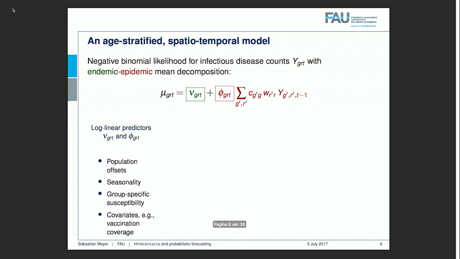So now for these components. There are these 2 log linear predictors. This is like in regression modeling. I can put covariates here. I can put population offsets, so where there's more population, there are more cases, naturally. I can put in seasonality, time effects, and group-specific intercepts, like to represent that the old people have a higher incidence, and so on. I can also include vaccination coverage to reflect that in regions where people tend to have a higher vaccination coverage, then there's less